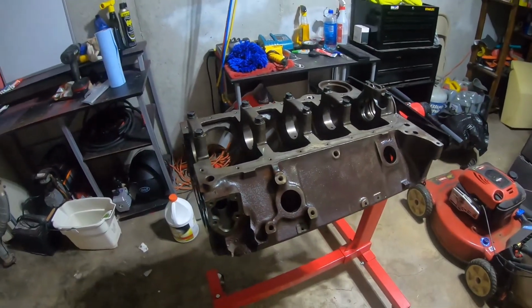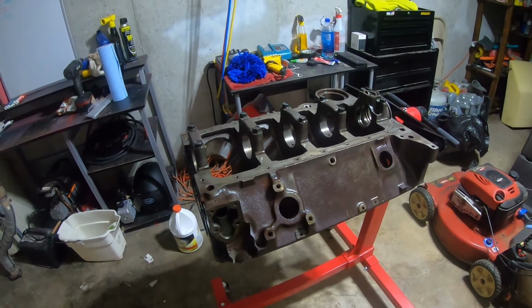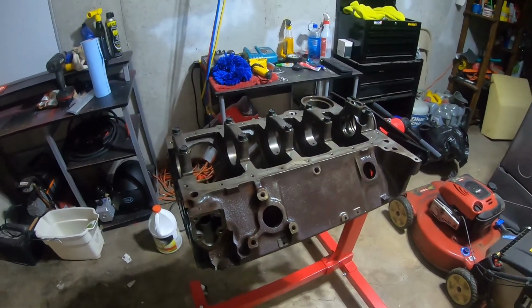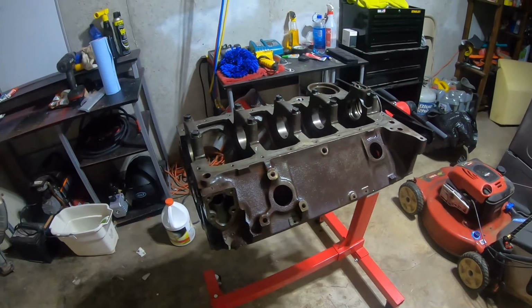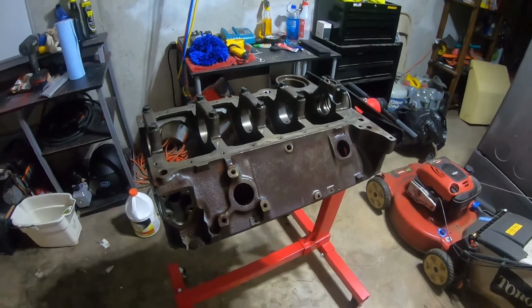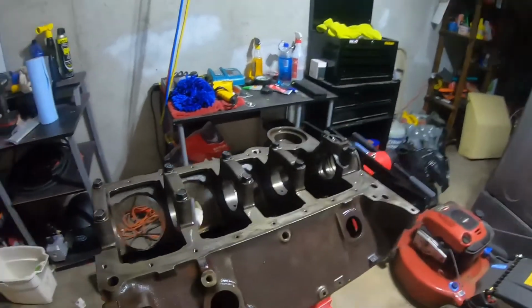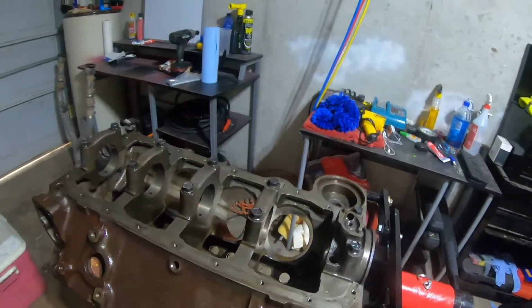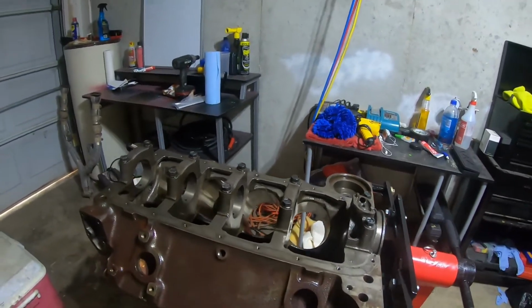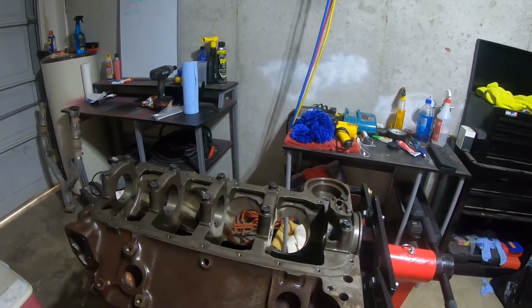I'm going to test them for taper and runout, make sure they're not oval shaped too bad. Again, it's kind of irrelevant because it's going to get bored 30, at least 30, maybe even 60 over. So they'll be square and true after you do that. I'm going to measure the deck height, centerline of the cam to the top of the head plate, and see, it should be like a 9.02, 9.2-something inch deck height for a small block